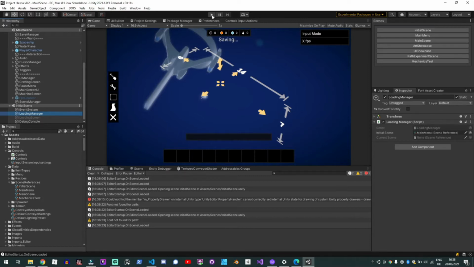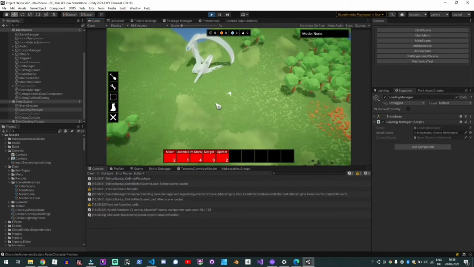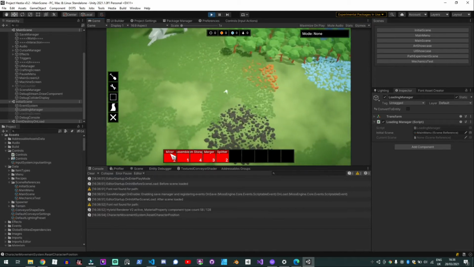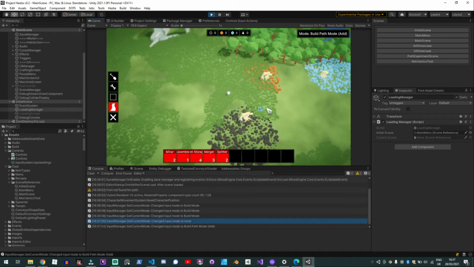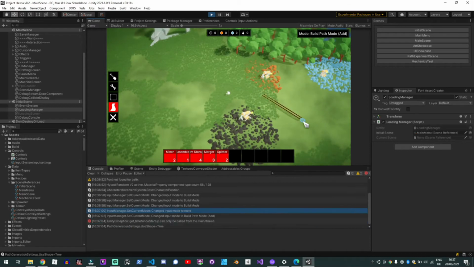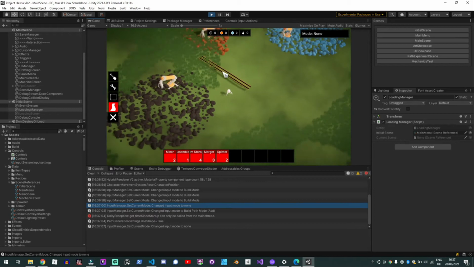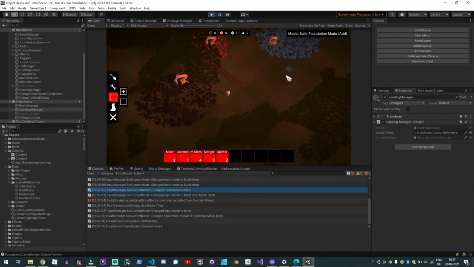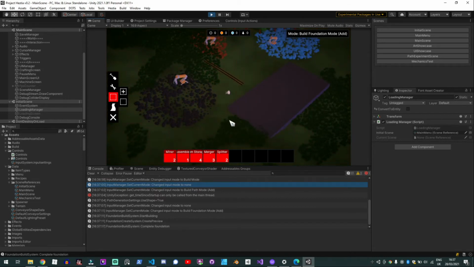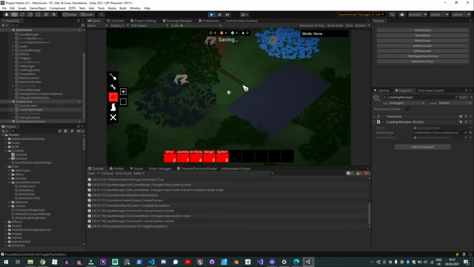And how I'm doing the saving and loading, if I just jump in here. So if I create a miner, and then create a conveyor, please ignore the currently buggy look of the conveyor. I have no idea why that's happening at the moment, so that's something I'm going to look into after filming this devlog. If I create a foundation, and then I go and hit escape, now I can hit quick save,